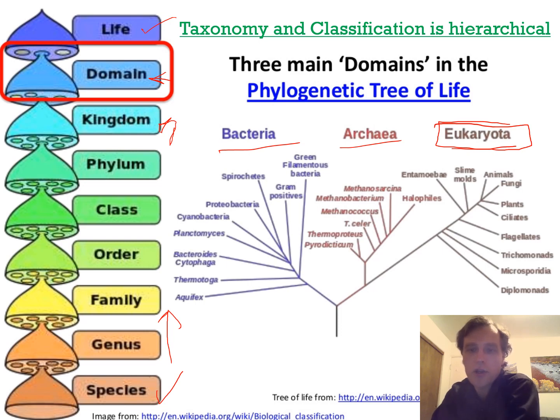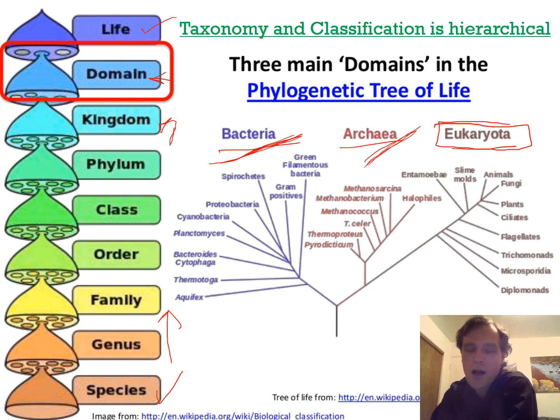Bacteria and archaeans used to be in the kingdom bacteria, but then we decided to change things up a little bit and create these domains. So bacteria are thought to be sort of the oldest, and they are also the simplest of creatures. Bacteria are prokaryotes, meaning they have no nucleus. Archaeans are also prokaryotes. They have no nucleus. What is the difference between bacteria and archaeans? We're not going to get into it today, but suffice to say, archaeans are bacteria that live in very extreme environments. They are also called extremophiles.